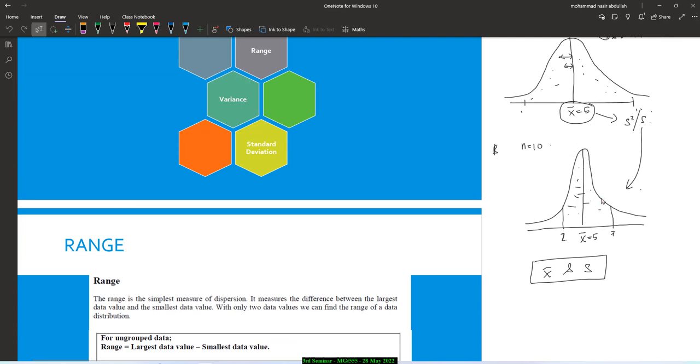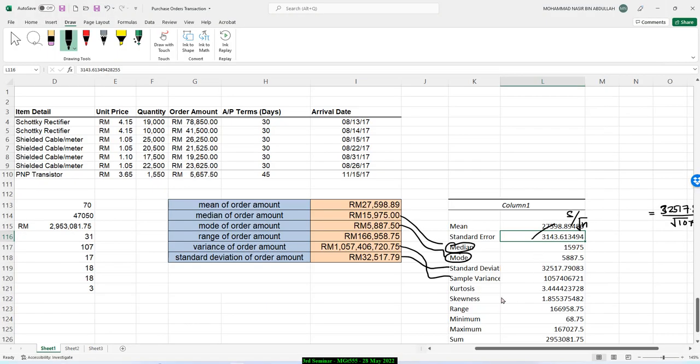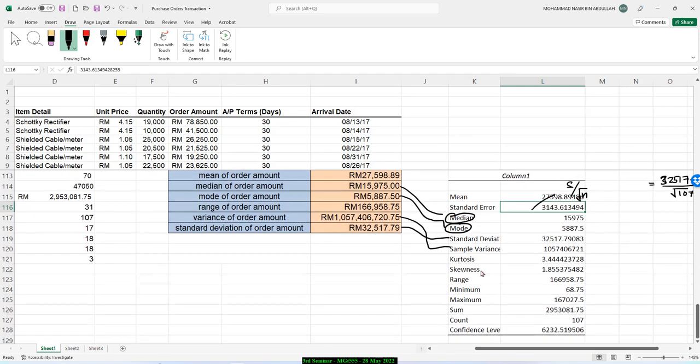The peakness of the distribution. Right, lagi tinggi, lagi peak lah. Right. Skewness adalah the distribution punya skewness. Maksudnya kalau kita dapat macam ni, ini dinamakan normal distribution or normally skewed. Right. Ataupun balance distribution. Kalau kita dapat tail dia ke kiri, right, tail dia memanjang ke kiri, so this is